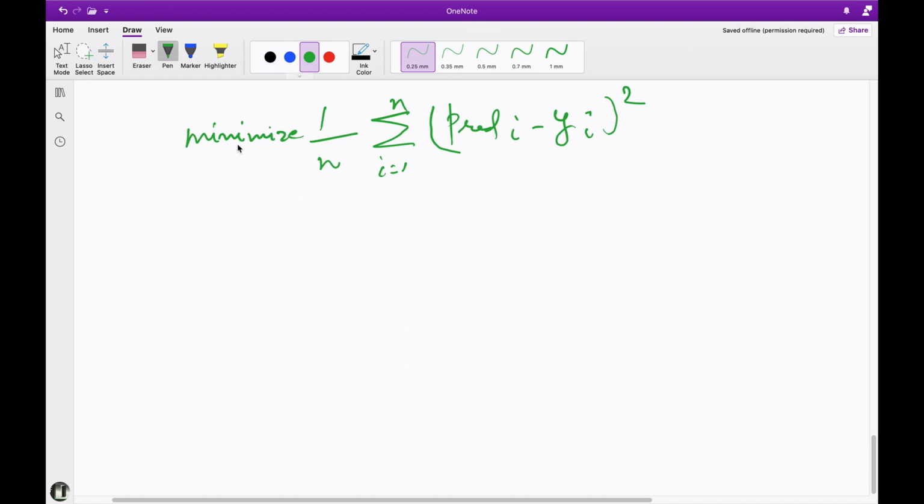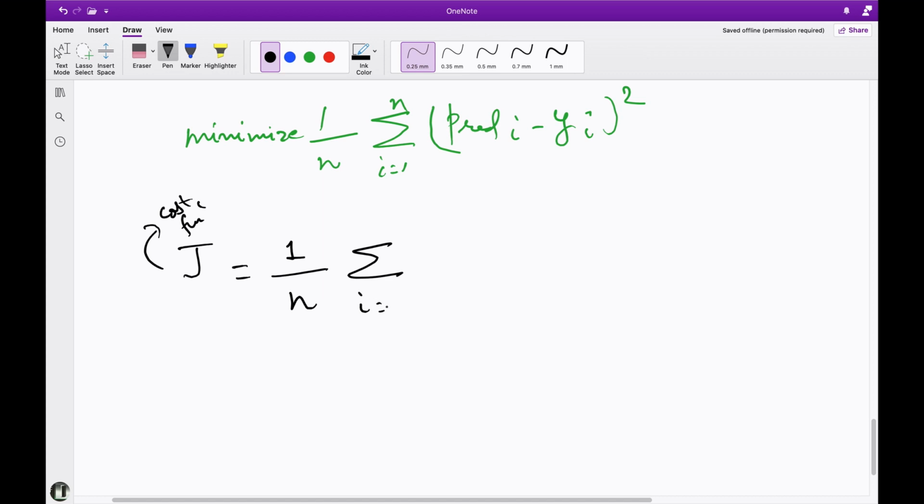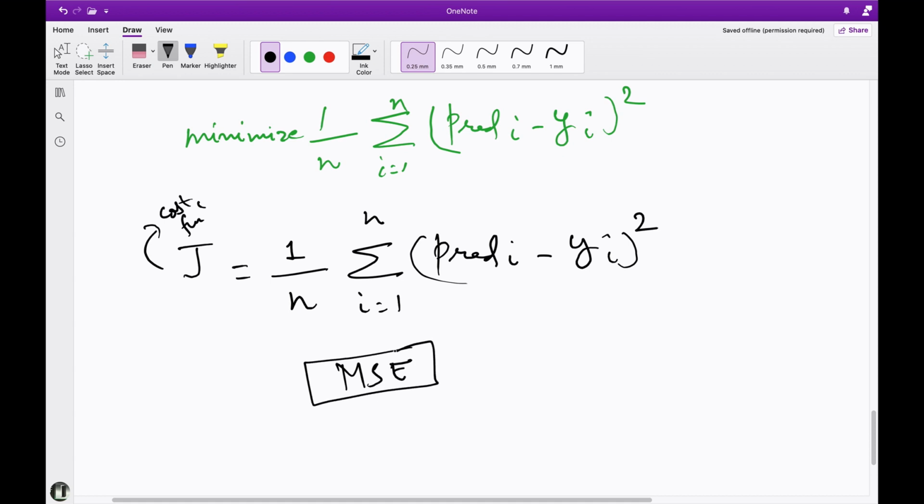And if we have to make it one equation, I can write J, nothing but the cost function. We denote it as J equal to 1 by n, where n is the total number of points, summation from i equal to 1 to n, predicted minus actual for every data point, and the square of that. Here I am taking MSE, the mean of the sum of squares of errors, as the cost function. This is L2 optimization, if you know it. We can take mean absolute error also, and that is L1 loss, but here we are taking this. So you got this, predicted minus y.